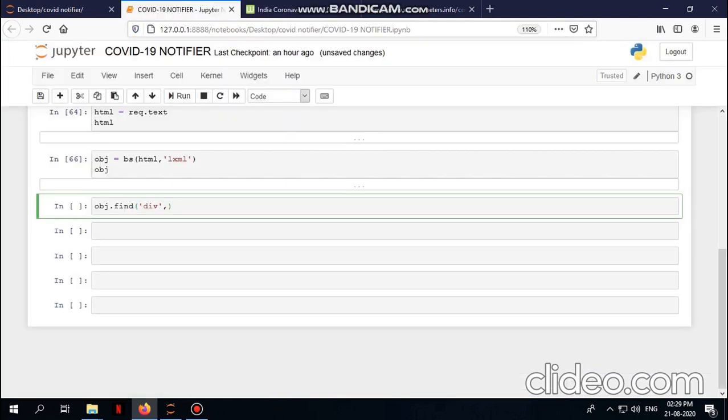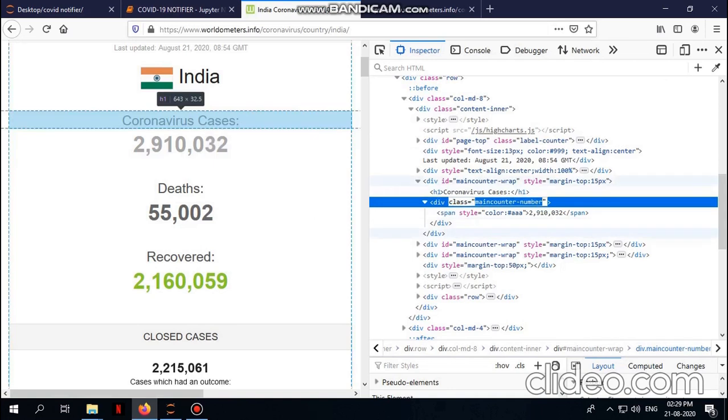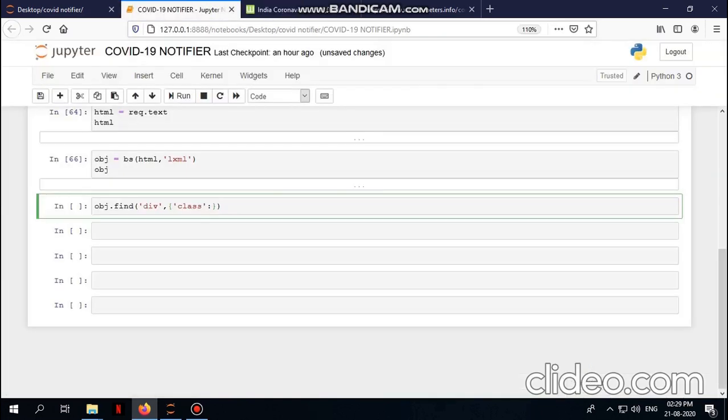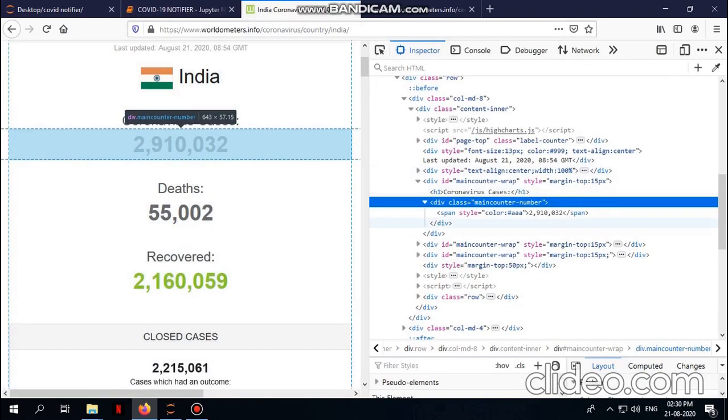So we'll pass div, we'll pass the class, and the class name is maincounter-number. Okay, so if we pass this, we'll get this data, which is right here.